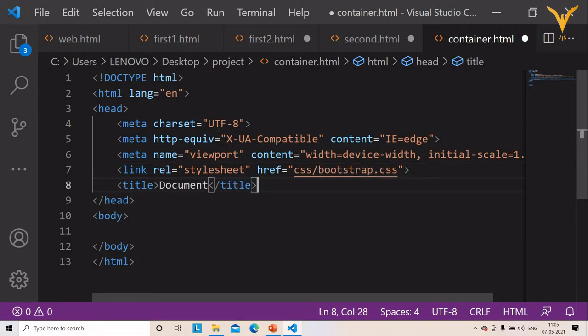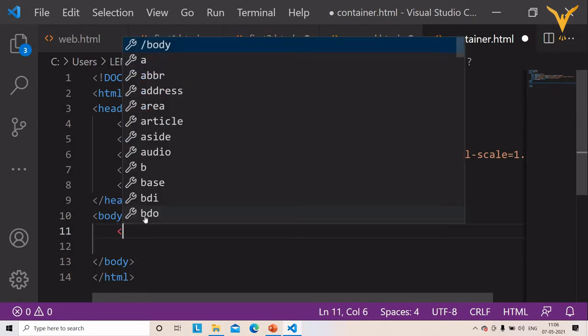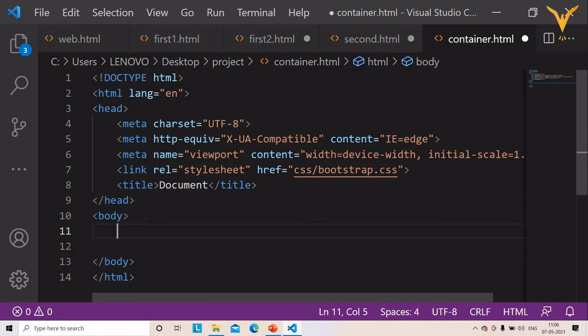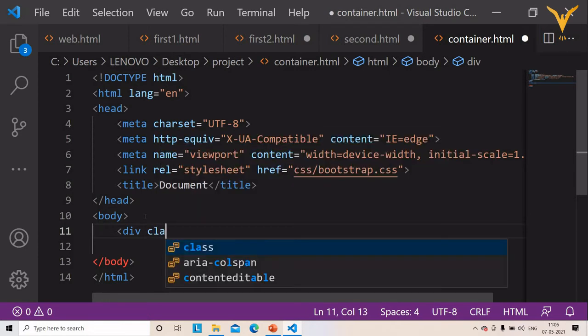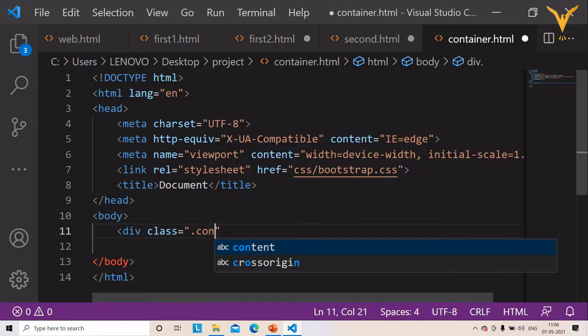So we have linked our Bootstrap file with our project. Now first we are going to create a div tag. The first class that we are going to use is the container class. So right click, div, class equals to container,